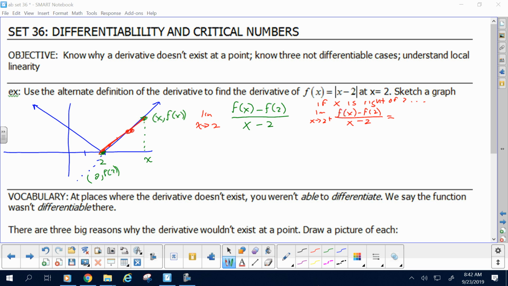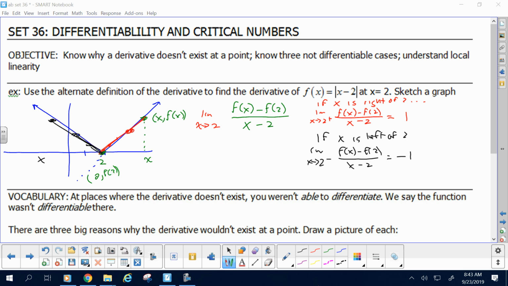What's the slope of the line? 1. Okay. Now, what if, however, there's no reason that x has to be over there? None. x could be over here. And I could say, now find the slope, and get a little closer, and now find the slope, and now find the slope. Well, if I take x's left of 2, then x approaches 2 from the left,